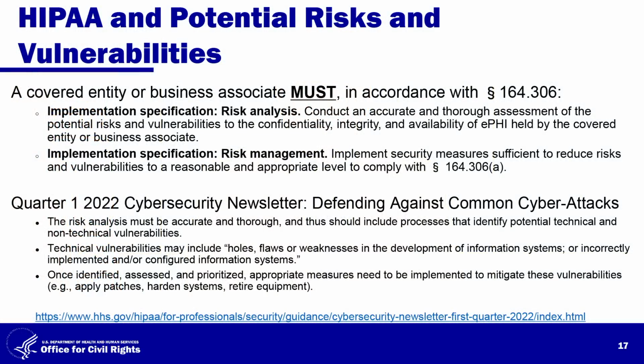OCR's first quarter 2022 cybersecurity newsletter on defending against common cyber attacks included a discussion regarding technical vulnerabilities. Technical vulnerabilities could include holes, flaws, or weaknesses of information systems, such as unpatched known vulnerabilities or incorrectly implemented and/or configured information systems. The newsletter suggested various means that could be used to assist a regulated entity in identifying technical vulnerabilities, including subscribing